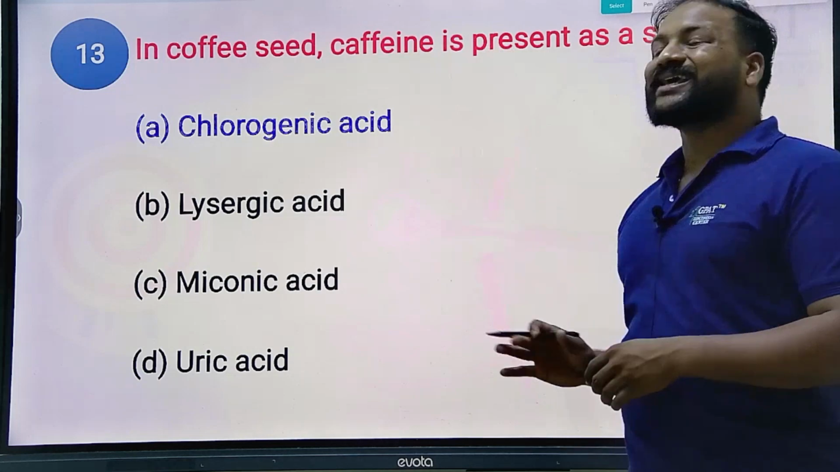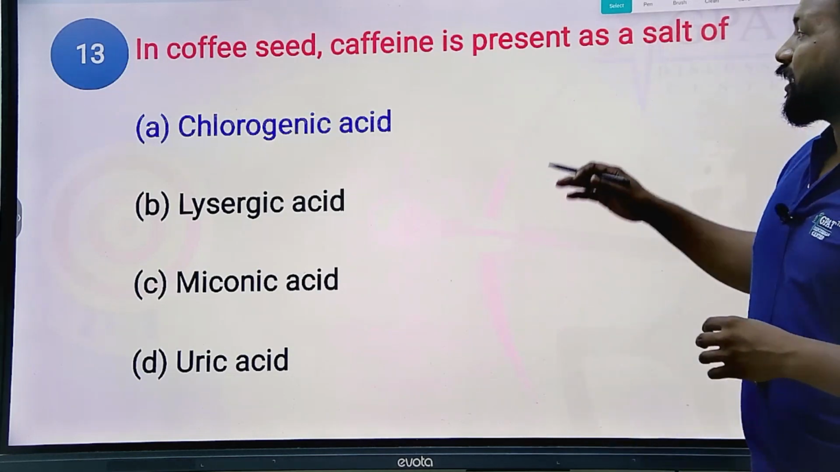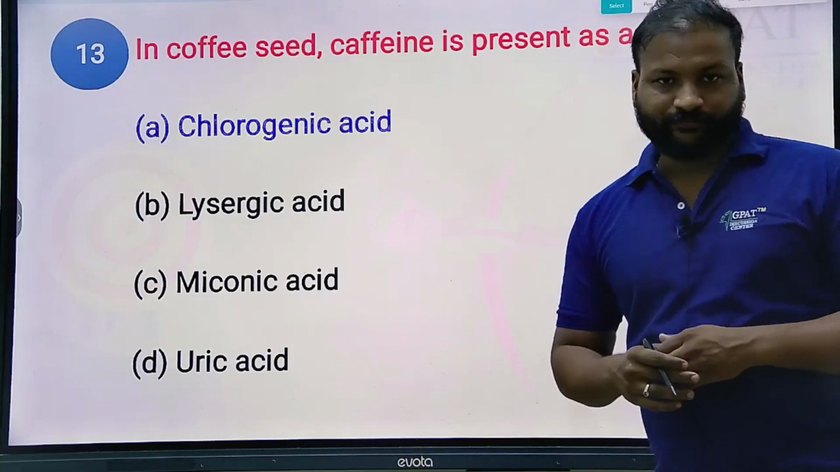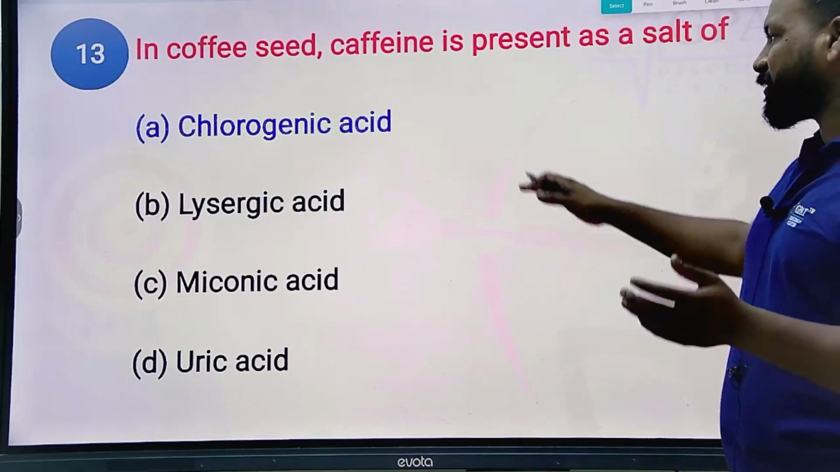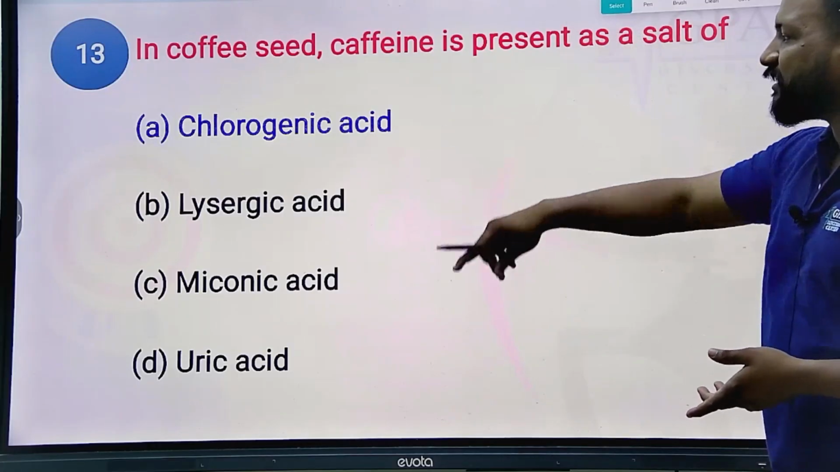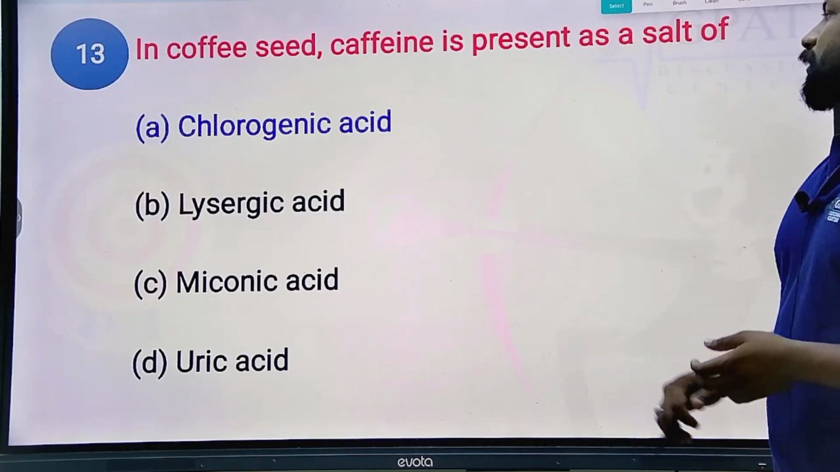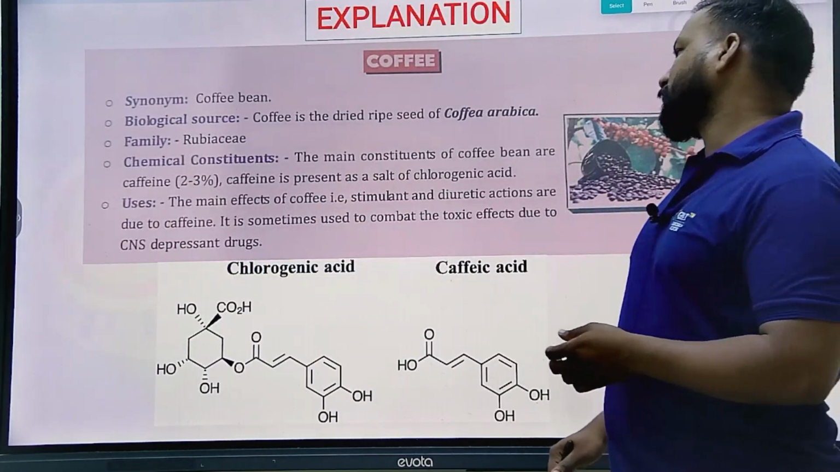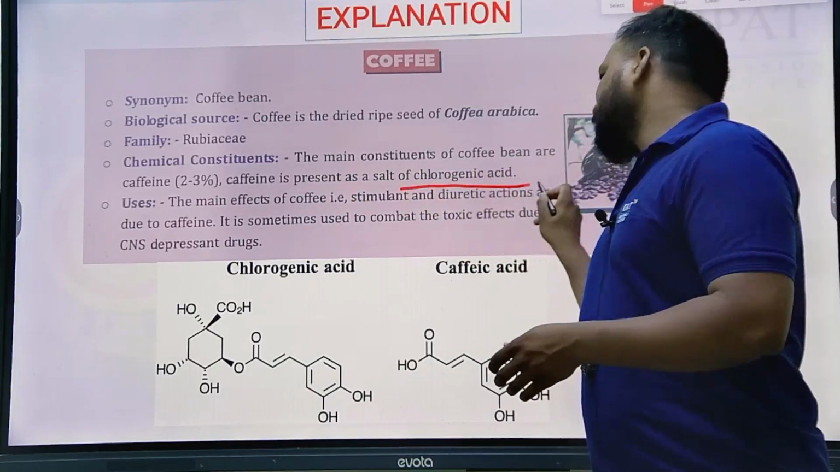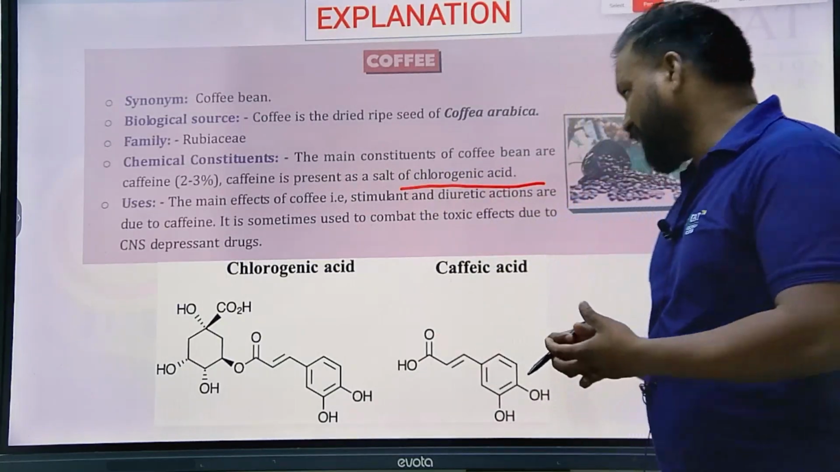Okay, so caffeine contains chlorogenic acid as a salt. Caffeine is present as chlorogenic acid. Most alkaloids are free salts of organic acid, but this caffeine is available as chlorogenic acid, caffeine and chlorogenic acid. Okay, so they exhibit as chlorogenic acid, and it is mainly seen as a stimulant and diuretic